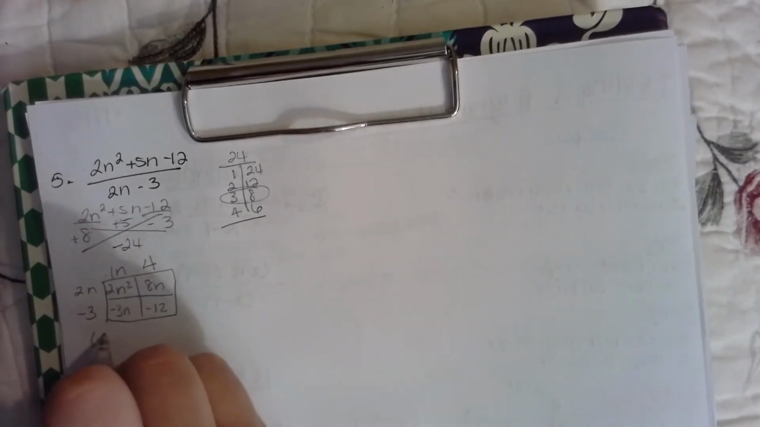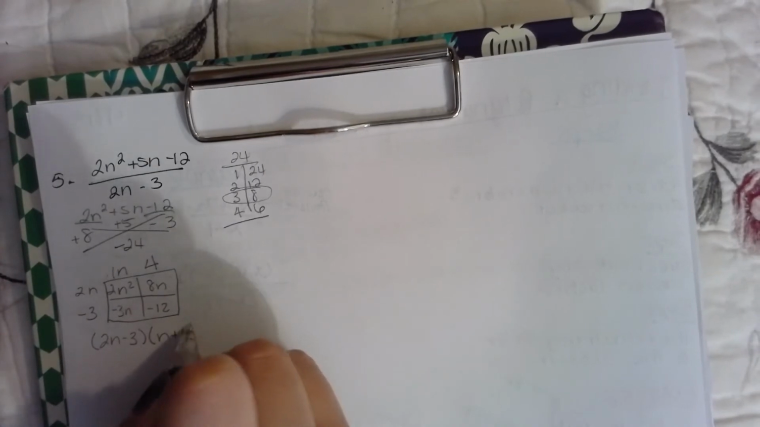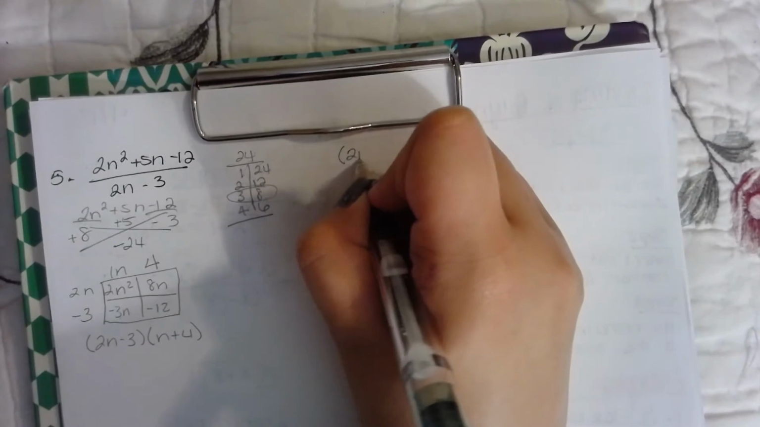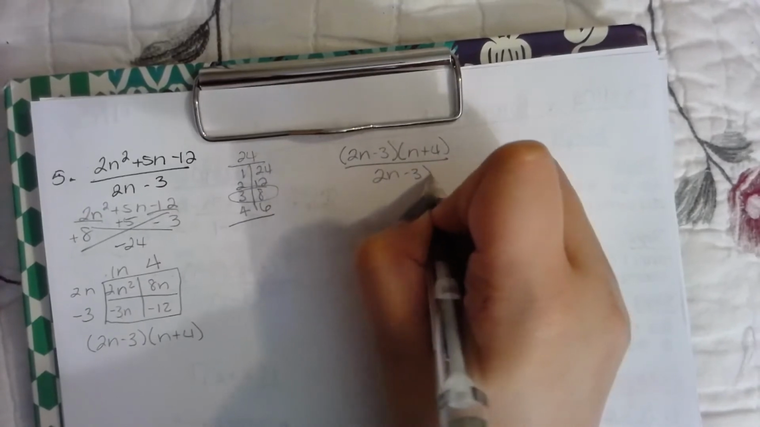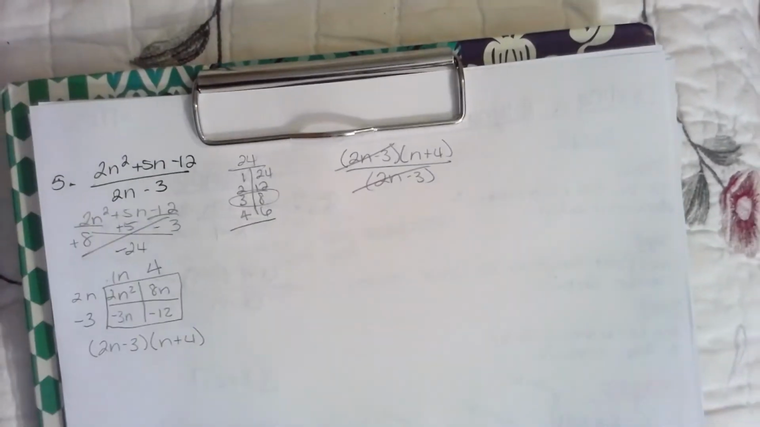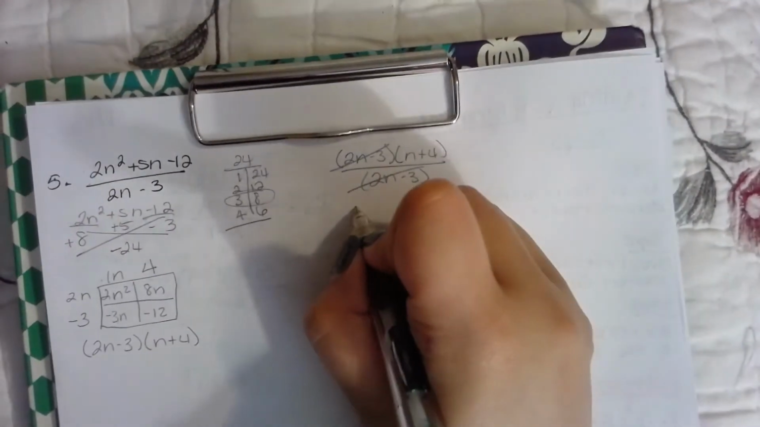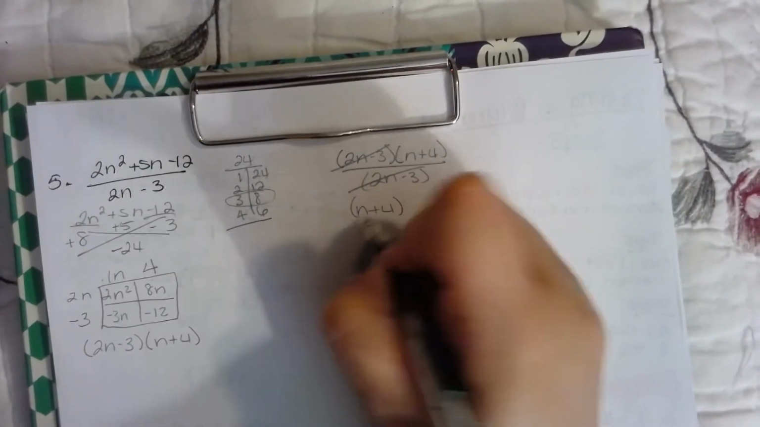So then you can rewrite your numerator to be 2n minus 3 times n plus 4 over 2n minus 3. Cancel out the top, cancel out the bottom. That leaves you with n plus 4. There you go. Okay, another way that you could have written this